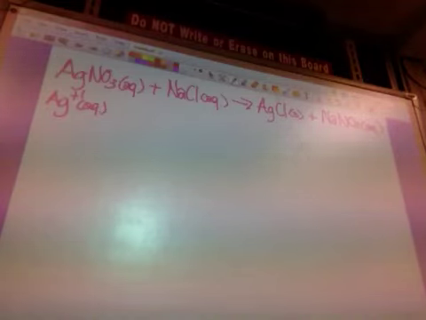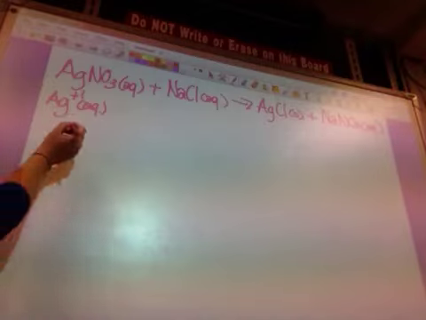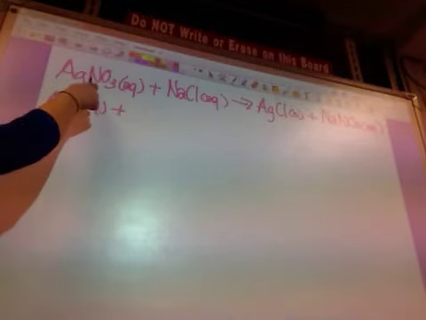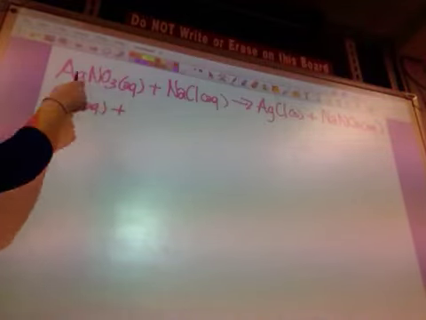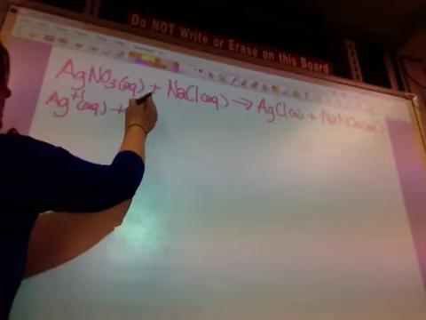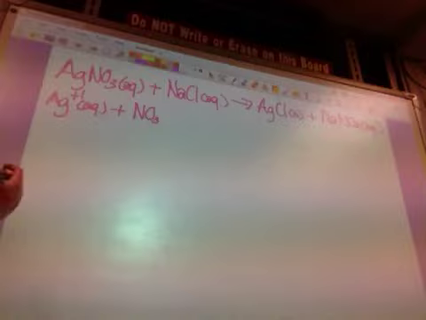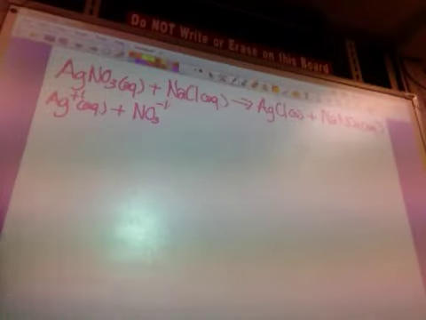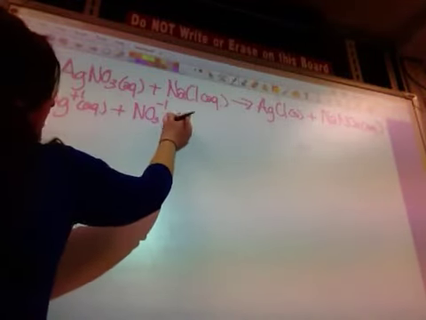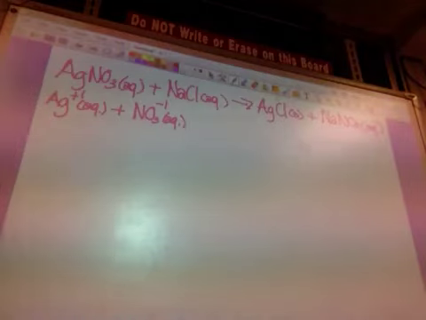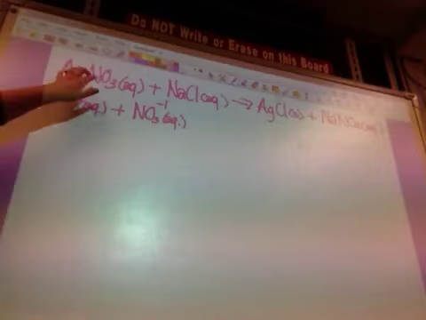Then I'm going to use my anion, so plus, my anion in this case is nitrate, so I'm going to write NO3. And we know that NO3 always has that -1 charge, and it's still aqueous because it's part of an aqueous solution. So that's how I break down an aqueous solution into its ions. I had silver nitrate,